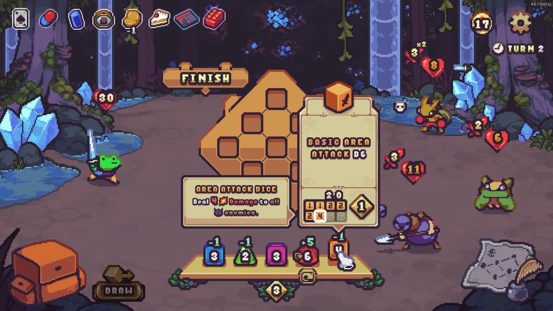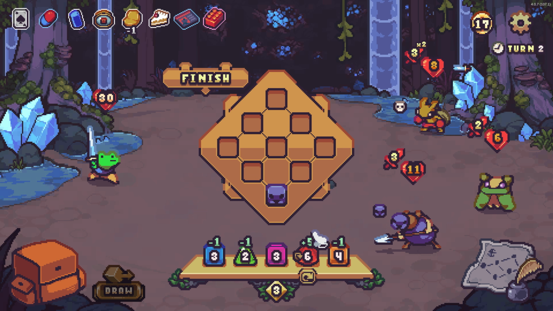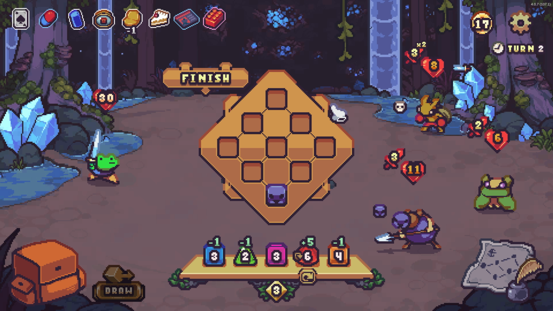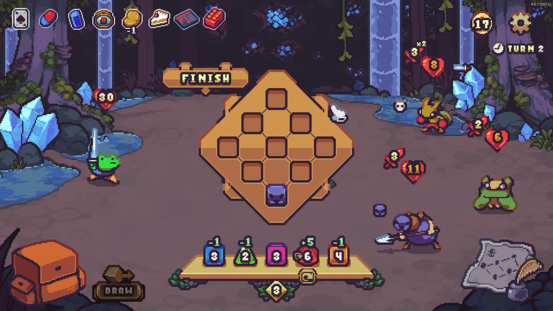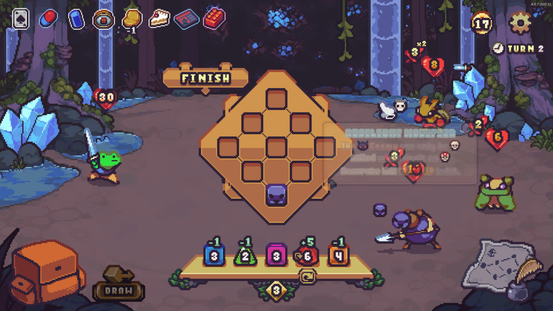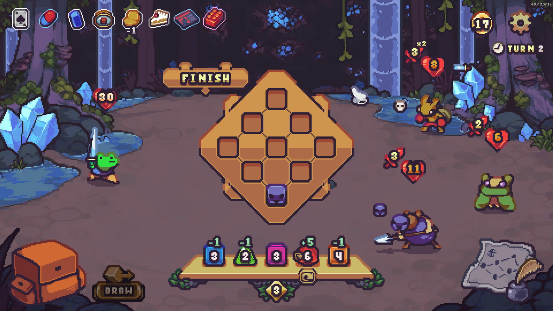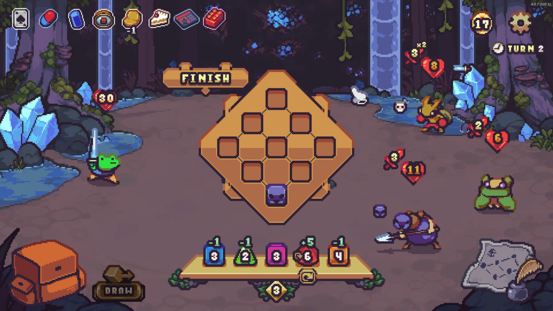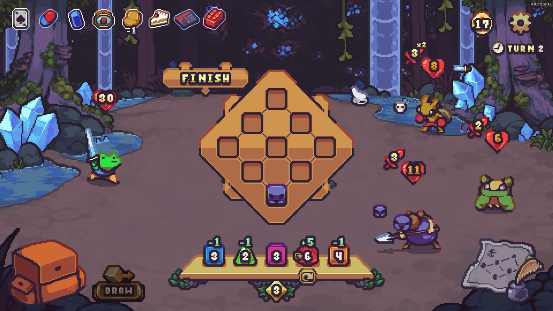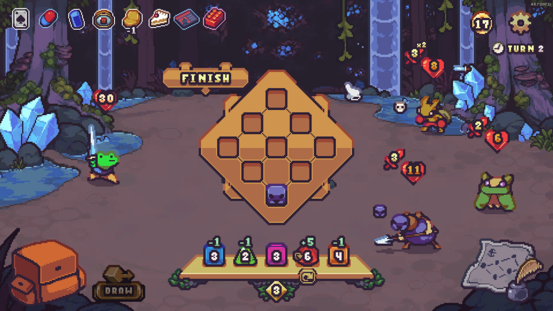Which will deal 3 damage to all enemies because we get -1. This one's the reroll. We don't want to reroll that, do we? So... I don't think I could kill this guy this turn, unfortunately. We can kill this guy. Which is pretty decent there, right? Pretty decent. By putting the 11 on that, that's gonna take up,